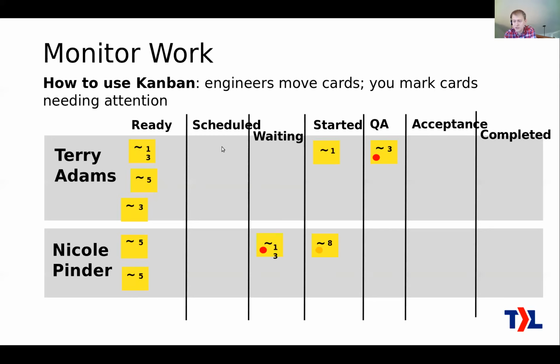But what you're doing as a project manager here is watching for the exceptions and marking the exceptions somehow. See, I've got a red indicator here, and an orange indicator here. Those are marking the problem tickets that need extra attention from the whole team. Basically you're saying that something's not right here. Let's work together to get these back on track, because they're going to start causing problems for the customers. Maybe it's been sitting here too long, maybe it's over budget, maybe it's overdue, those things that I mentioned. Indicating them there gives you a way to visualize that all together as a team.